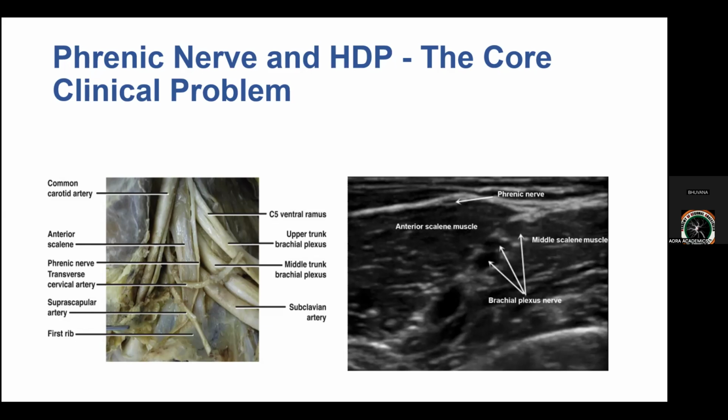In case you block the phrenic nerve, it will reduce forced vital capacity and FEV1 by 20 to 30 percent, which is subclinical and normal in healthy patients. A patient with contralateral phrenic nerve involvement, a patient with severe COPD, or a morbidly obese patient might end up with respiratory failure.